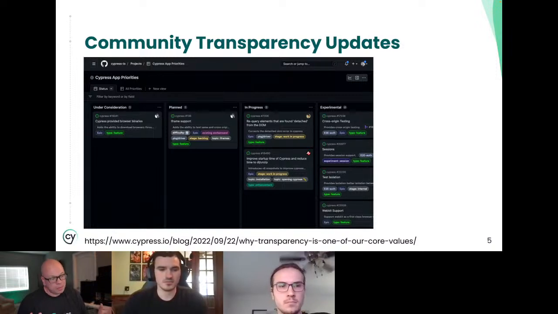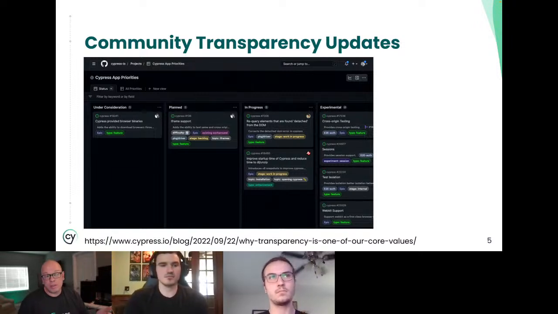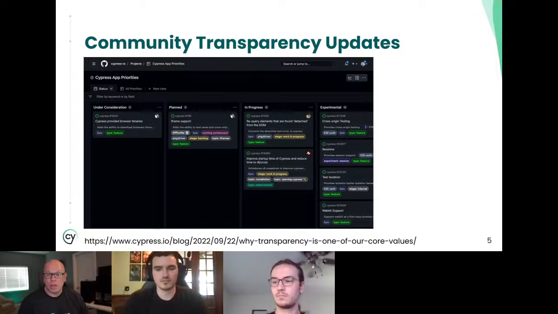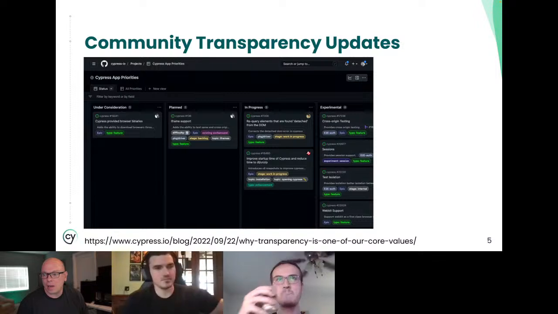Now, if you're familiar with Cypress Studio before, it was kind of an experimental feature that we always had, but when we released V10, we didn't include Cypress Studio in V10, mainly because V10 was a rewrite from the ground up of the UI of Cypress, and we just didn't have time to get it in. But we heard tons and tons of community feedback that they really missed Studio, and then in a recent update, we brought Cypress Studio back. Let me go ahead and